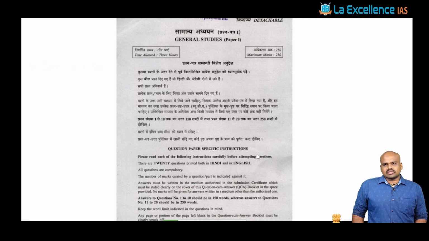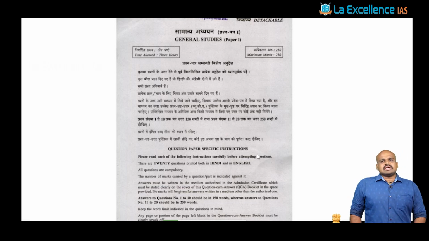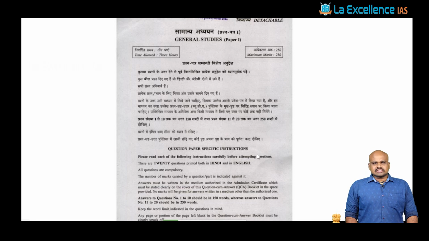For example, a question on cloudburst was asked in GS3, again an extension of a geographical concept. Similarly, photochemical smog, although an environmental phenomenon, demanded a kind of geographical understanding, in the sense that it dealt with the concept of temperature inversion. With such understanding, geography has made its comeback with a very strong footprint in marking, and around 110 marks were from geography in GS1 itself directly.